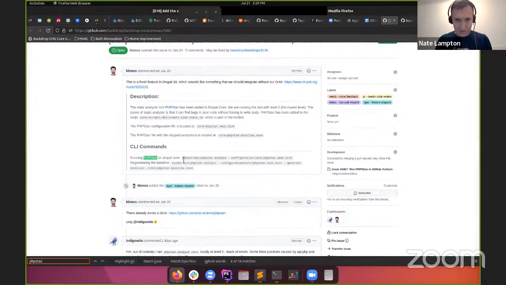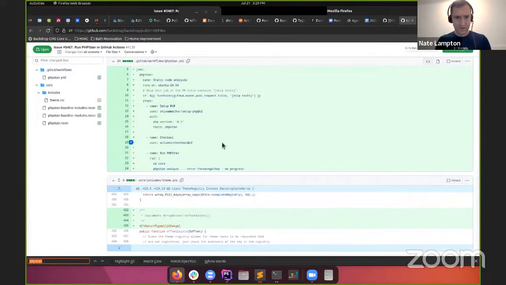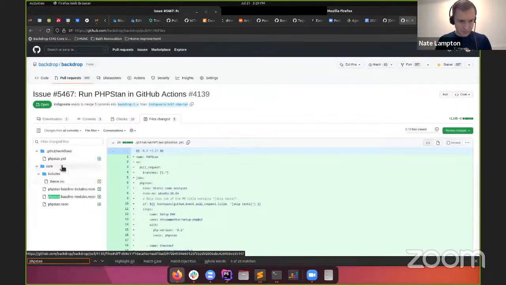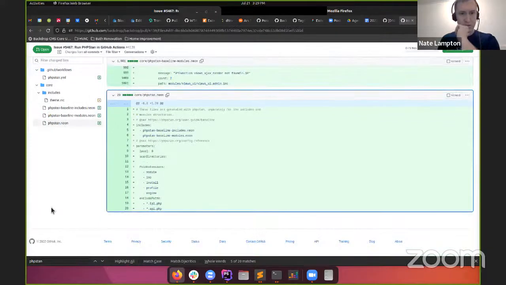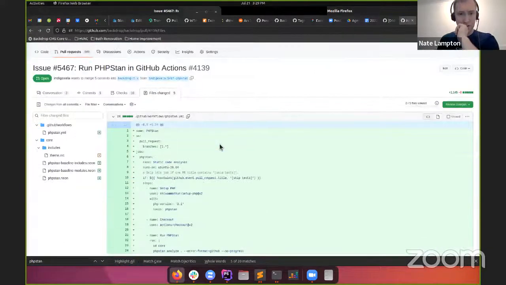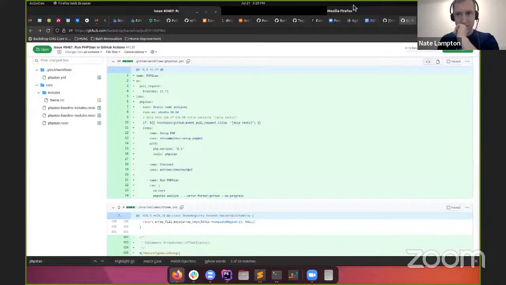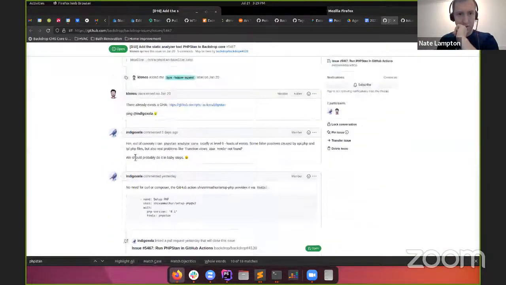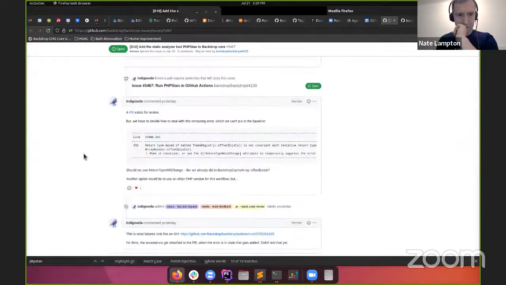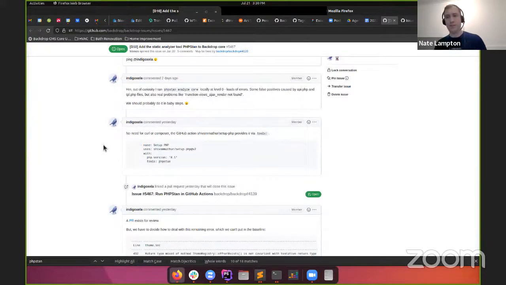Yeah, okay, so in Drupal land, PHP Stan is a library that's been added into the vendor directory. But in this pull request, I don't know. I don't see where it's actually coming from. Well, it probably works because it has output, but I don't understand where this came from. Well, anyway, maybe we don't need to solve that right now, but I think this looks like a really good